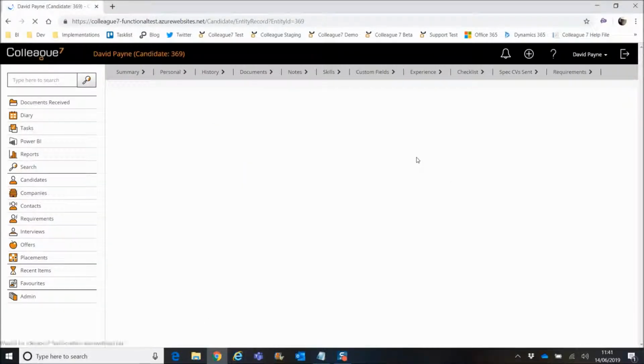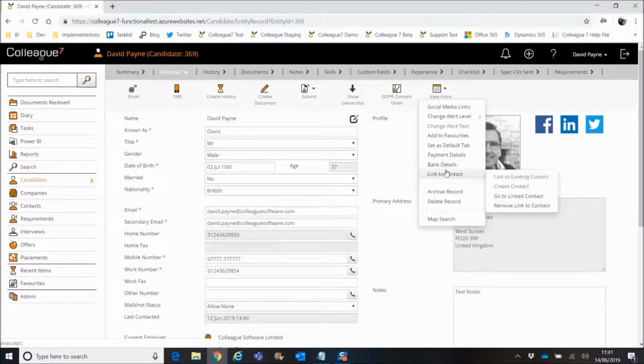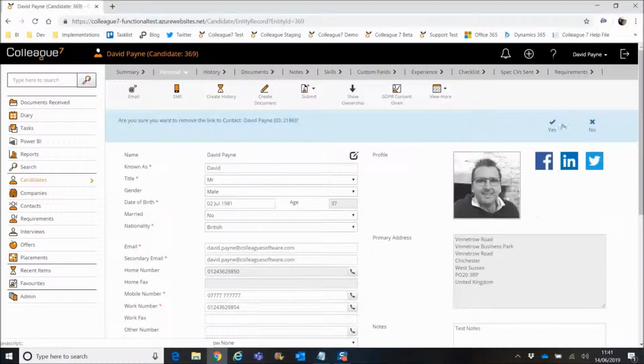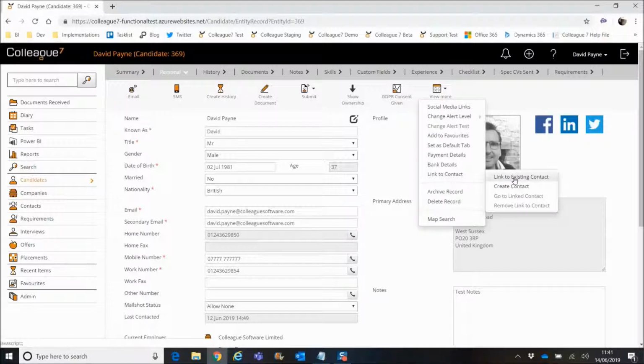just to demonstrate the creation of a contact. So off the view more, if I was to remove this link and hit yes there, just to unlink, and then here, if I was to create a contact,